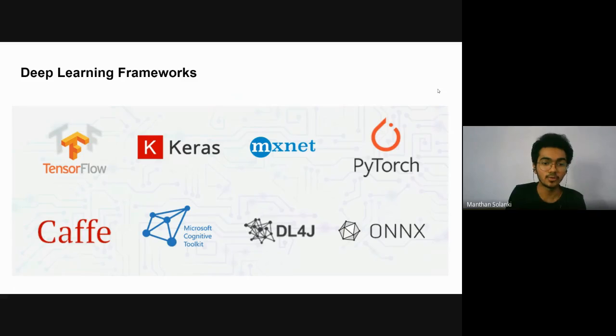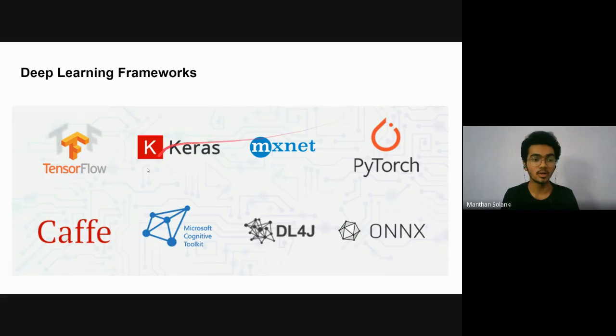TensorFlow, Keras, MXNet and PyTorch are some common and famous deep learning frameworks which already provide these functions. If we want to use ReLU or sigmoid, we don't need to write the formula of the sigmoid activation function, 1 / (1 + e^(-x)), every time. We just type sigmoid activation and it takes care of all the mathematics behind the scenes.